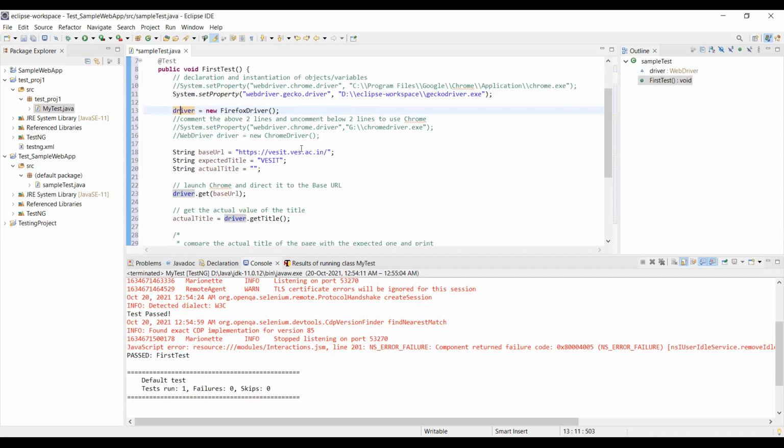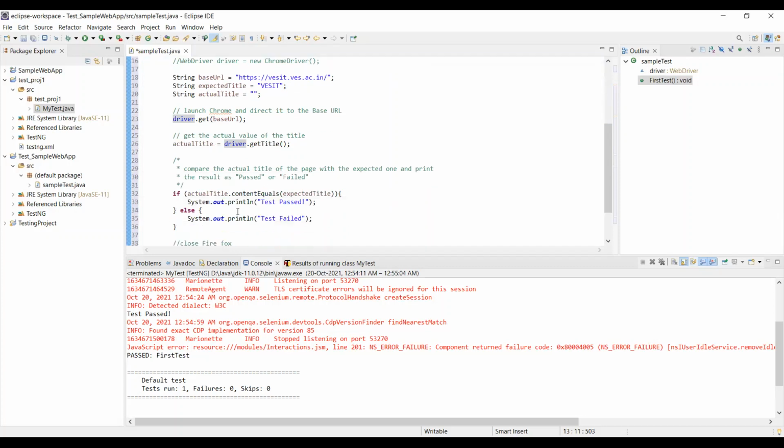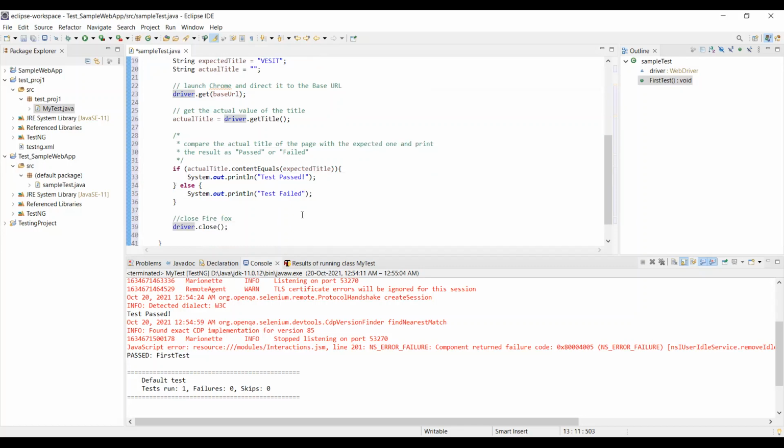We'll open our college website over here, and we'll check the contents. We'll check the title which is there, whether it is matching the actual title or not. If it matches the actual title, you will say that the test is passed, otherwise the test is failed, and we'll close the driver after that.